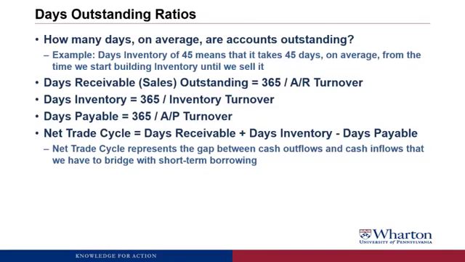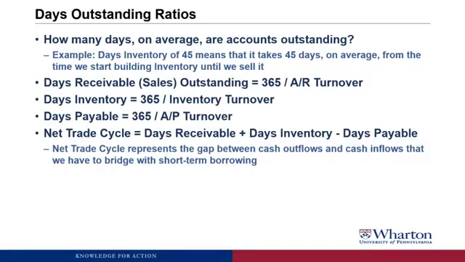So now we're going to look at these same ratios from a different perspective. We're going to turn them around into what are called days outstanding ratios. These ratios are going to ask the question, how many days on average are the accounts outstanding? So if we see a days inventory ratio of 45, it means that it takes 45 days on average from the time we start building the inventory, so when we get the raw materials in the plant, until we finally sell the inventory. And I just find these much more intuitive,